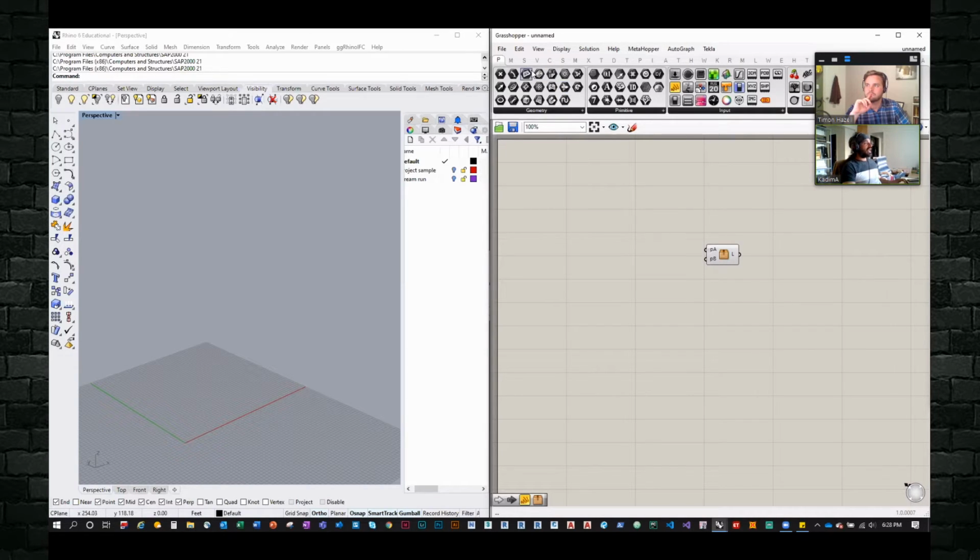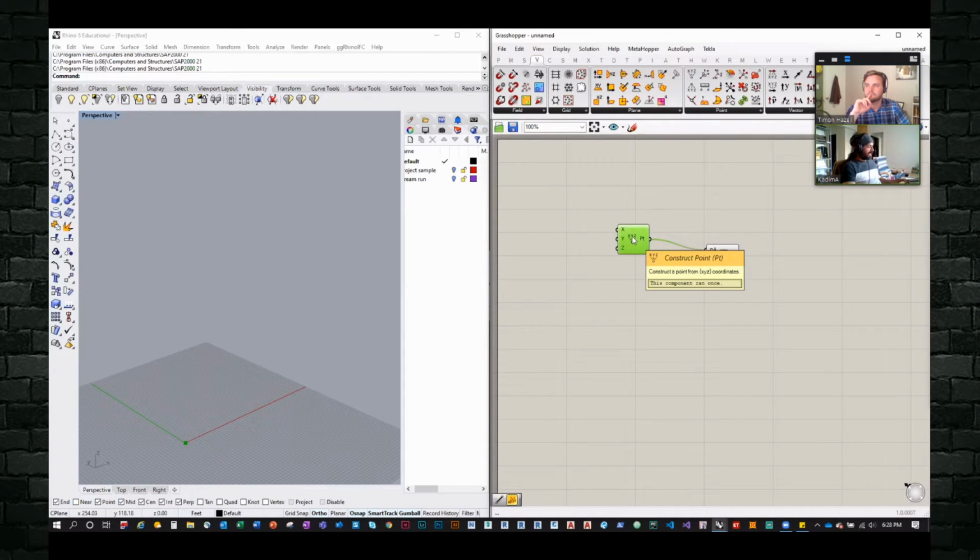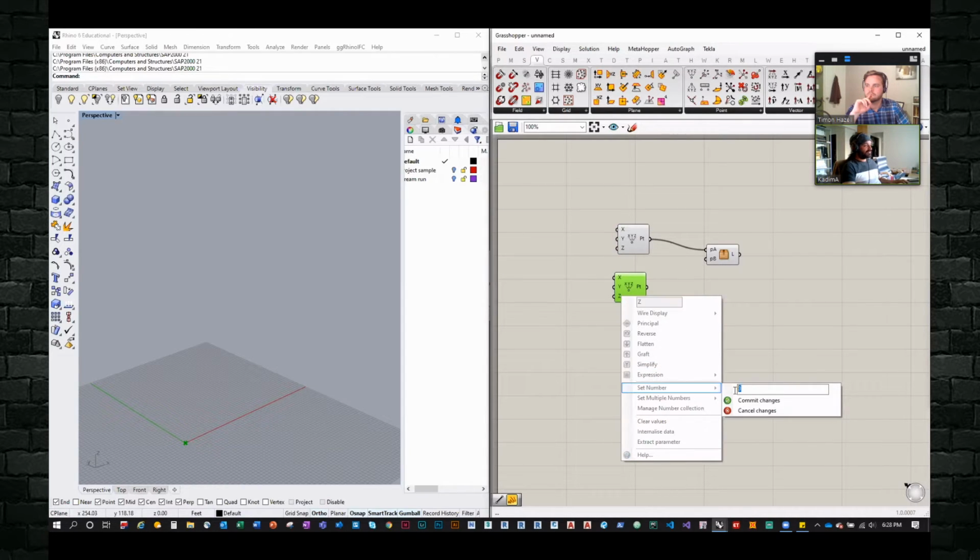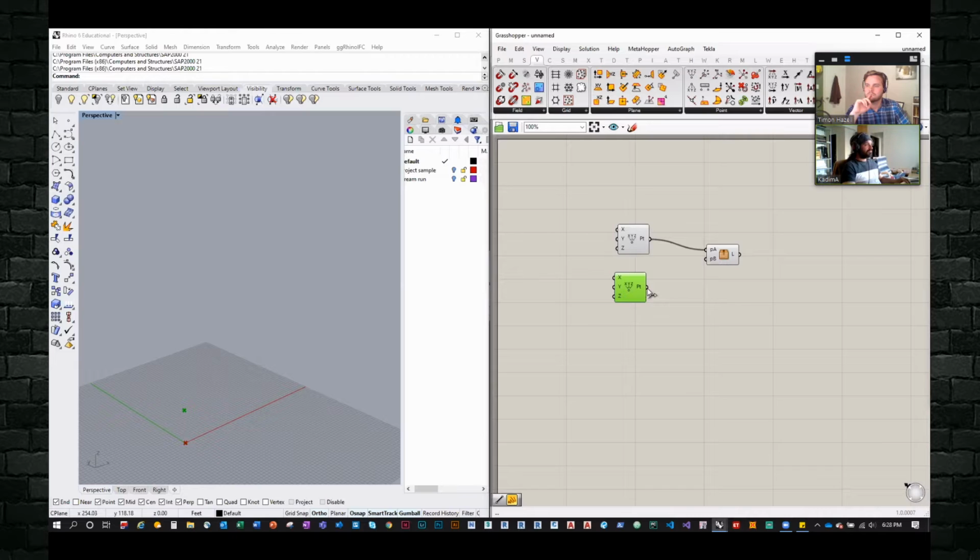So now this is asking me that I need a point, so I'll go to vector and go get a point. And let's take another point here and give it some sort of value. And there goes my line. And can you show us how you get this onto the panel at the top? I think the viewers would find that really helpful.